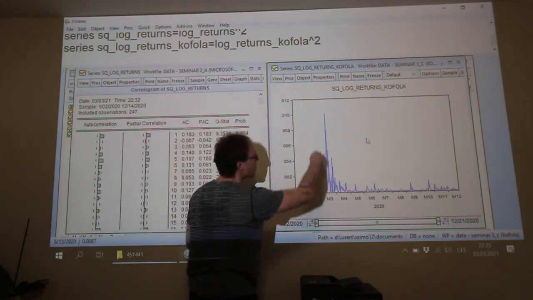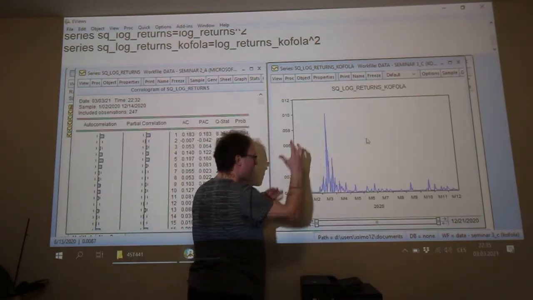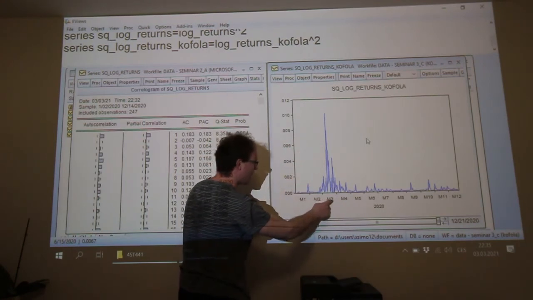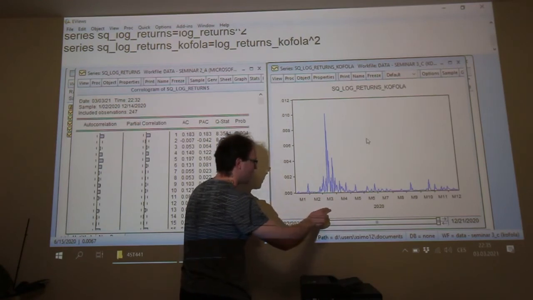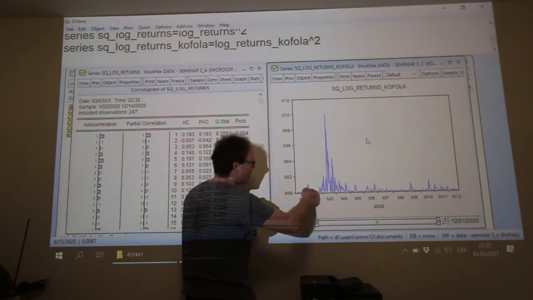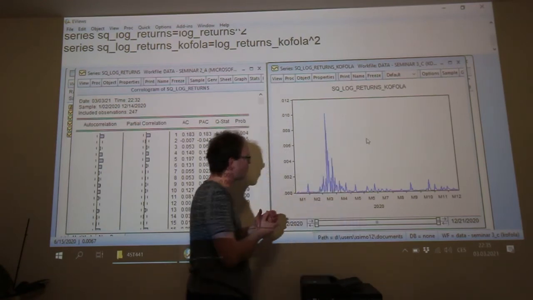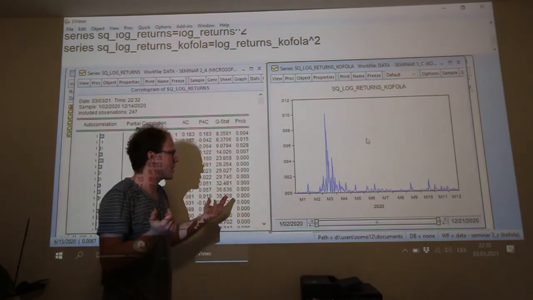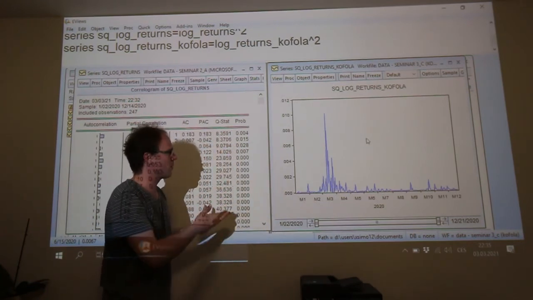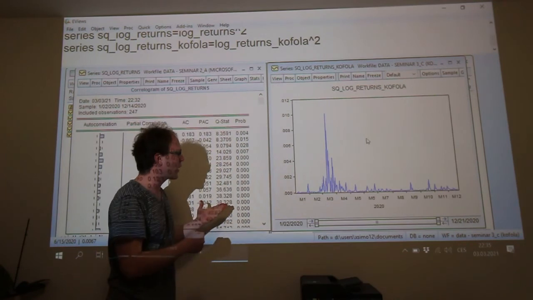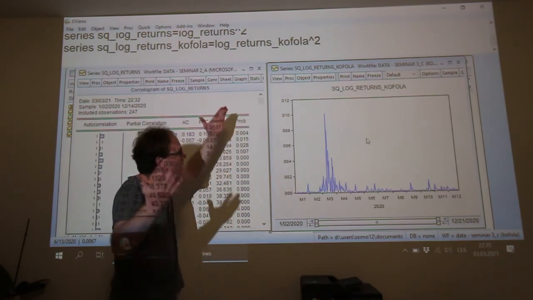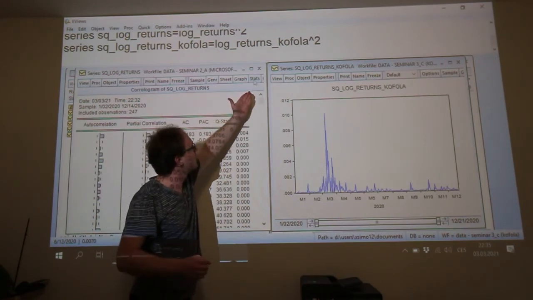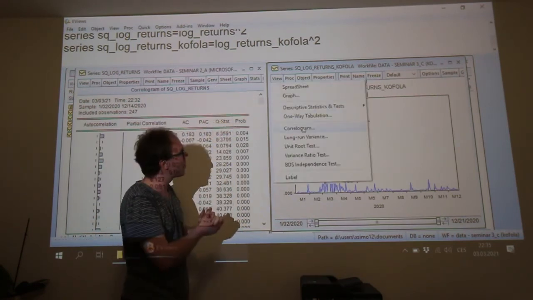There was a period during March of 2020 of the development of significant changes. So this is the development of non-negative values of squared log returns, and we will check the correlogram and